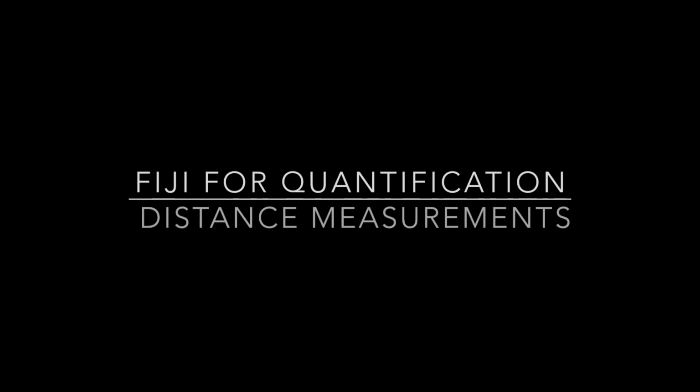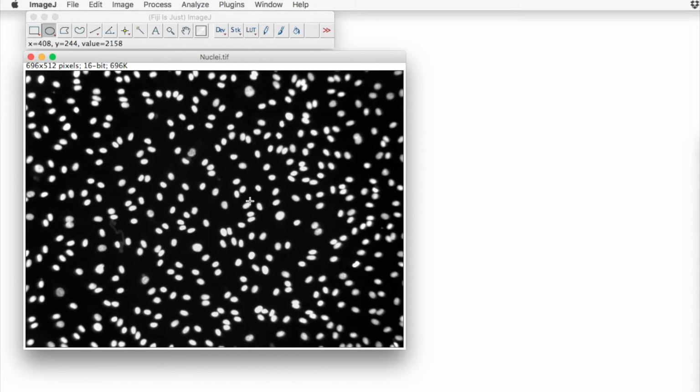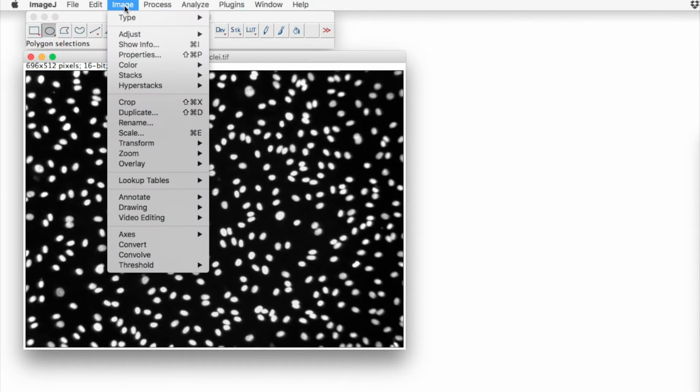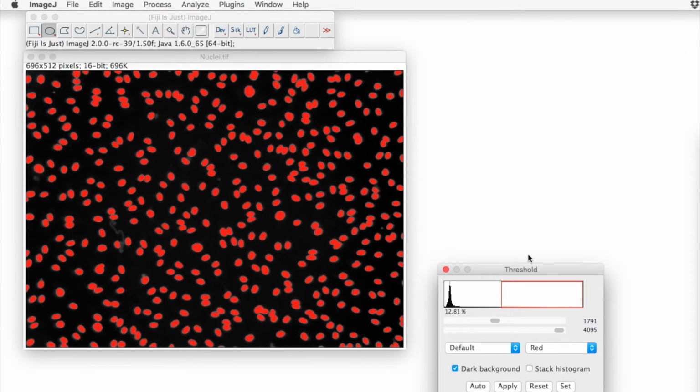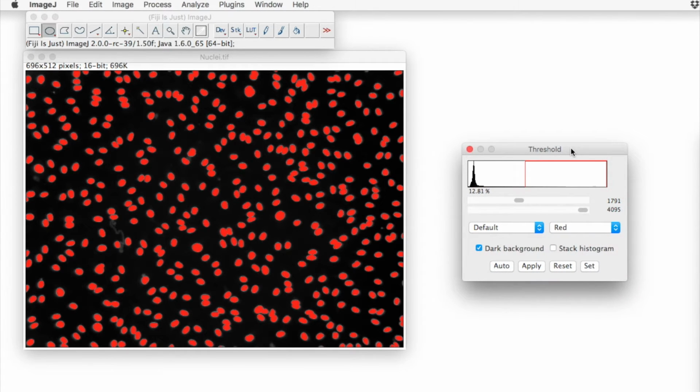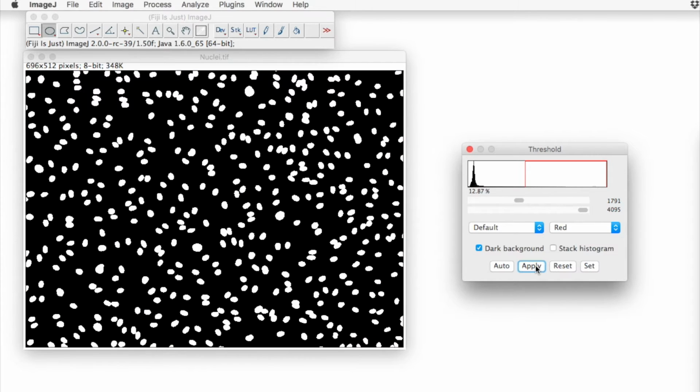This tutorial will take us through the steps for performing distance measurements. In this example, we want to visualize and quantify the distance between these nuclei. In order to do this, we need to make a binary image of the nuclei by creating a threshold, converting that to binary,